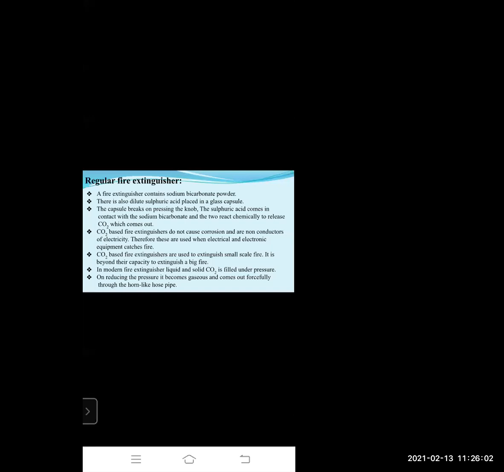In a modern fire extinguisher, liquid and solid CO2 is filled under pressure. They fill this CO2 in liquid and solid form under pressure. On reducing the pressure, it becomes gaseous. When we reduce the pressure, it becomes gaseous and comes out forcefully through the horn-like hose pipe. You can see in movies or videos that the fireman has a fire extinguisher, which